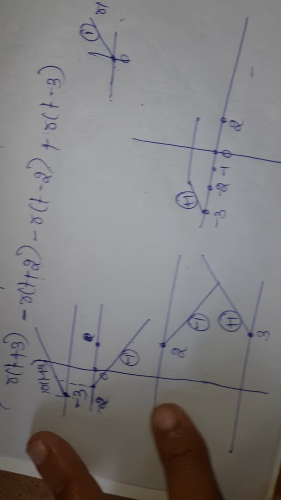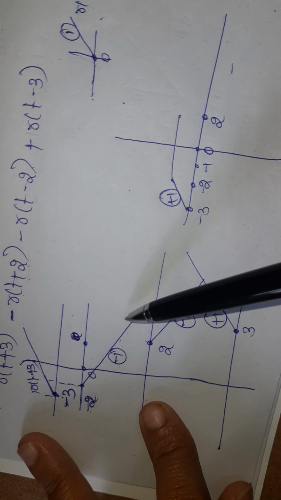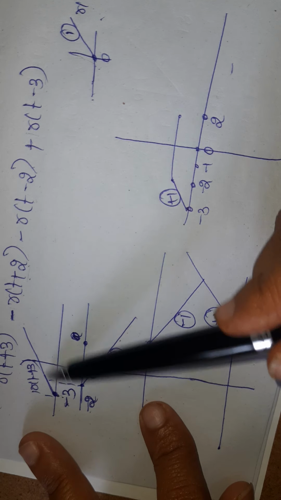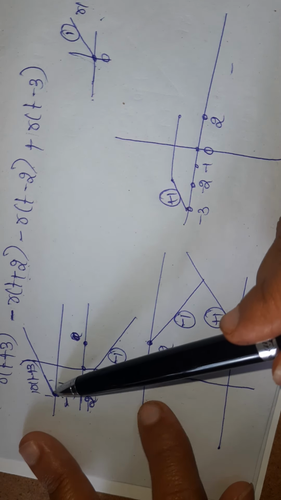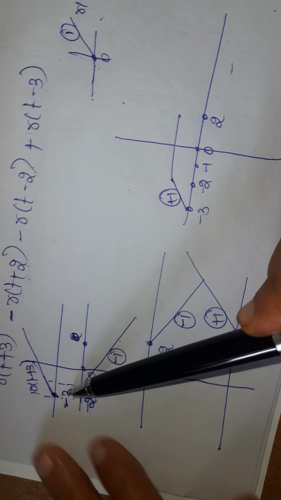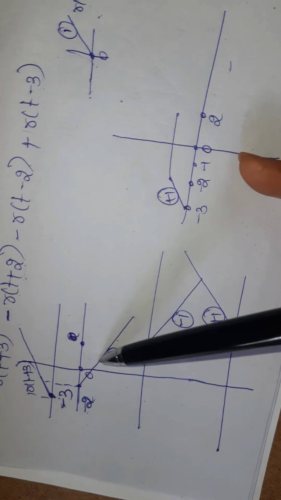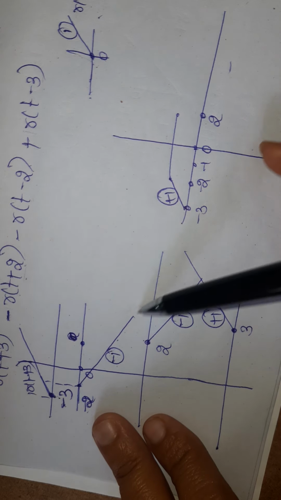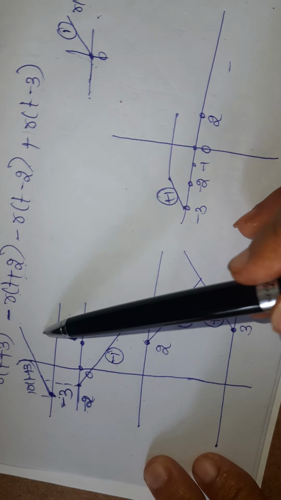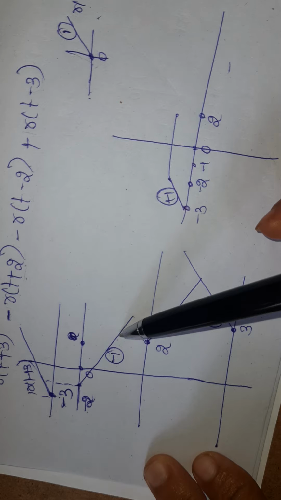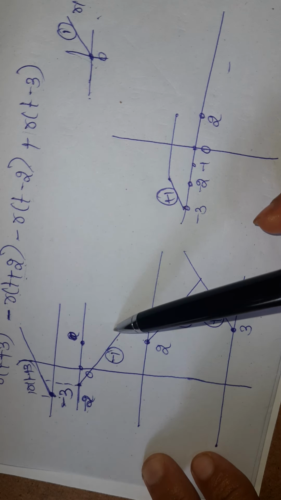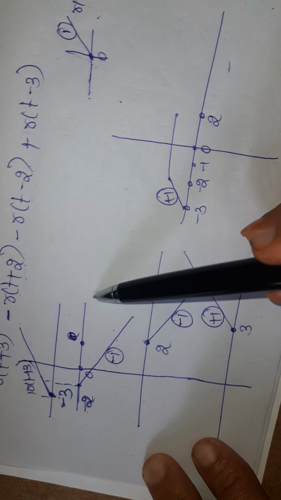Okay. So next, wherever in further, if we add these two, because this is a ramp signal having the slope, it is starting from minus 3 and ended with the infinity. It is also starting from minus 2, it is ended with infinity. So if we add these two, rising with falling, the final resultant will be always constant or equal to 0.